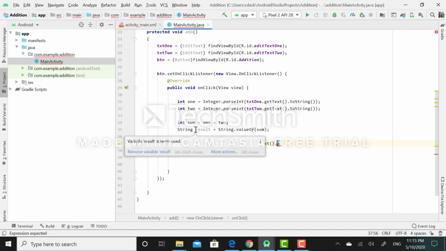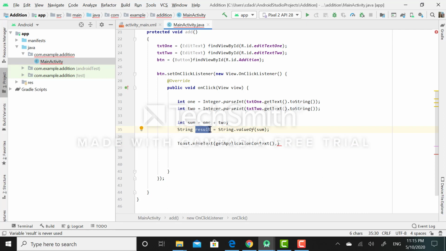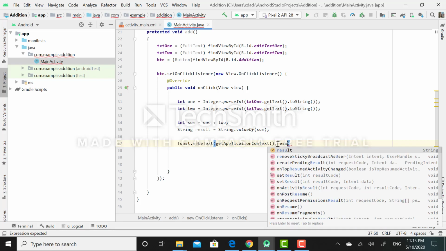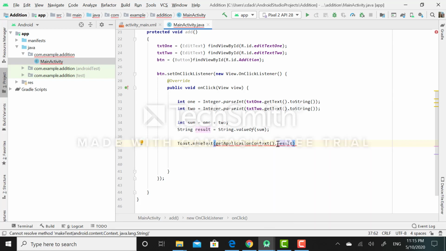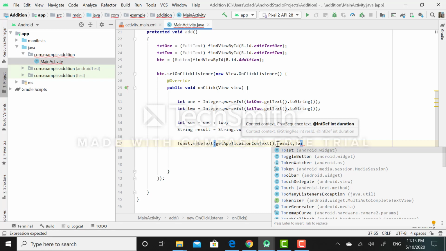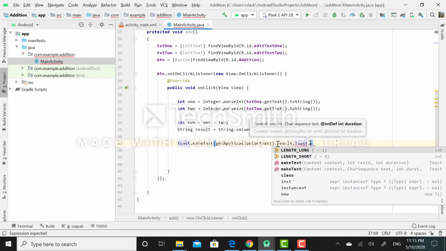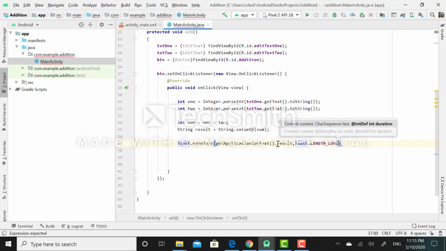So the addition of two number which is going to store in as the result variable that I want to display. So I will simply pass here parameter as a result variable, and then third parameter I am supposed to define the length of the text. So for this I will again call the Toast class and set LENGTH_LONG.